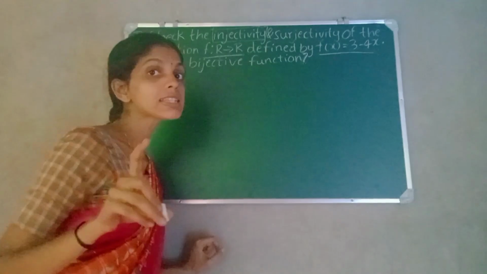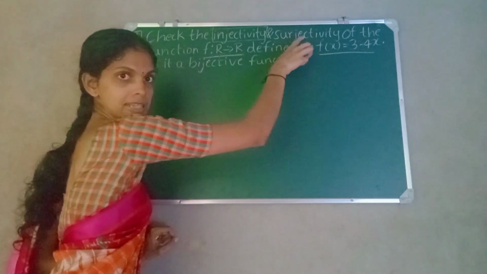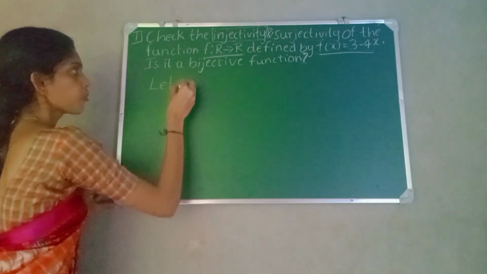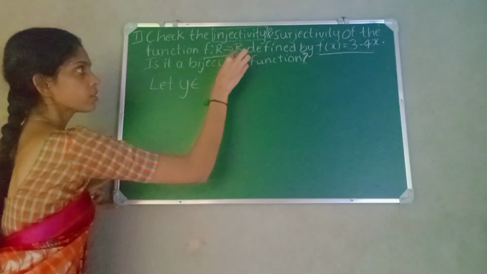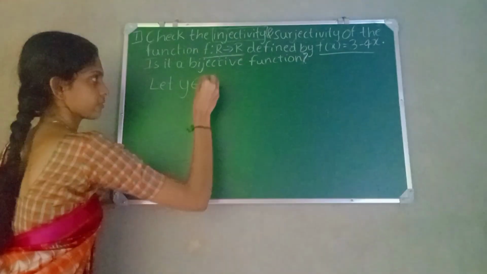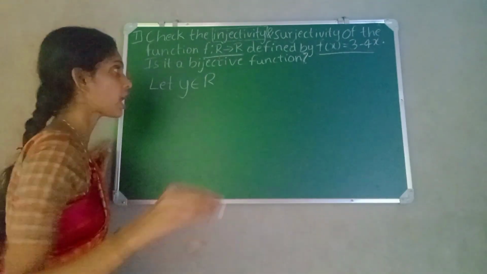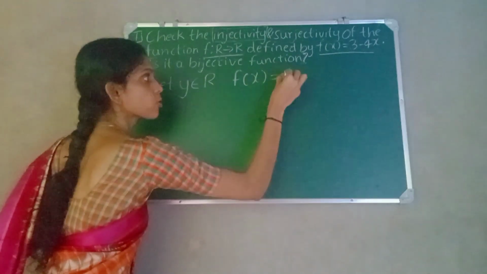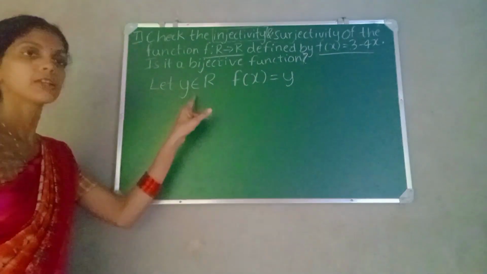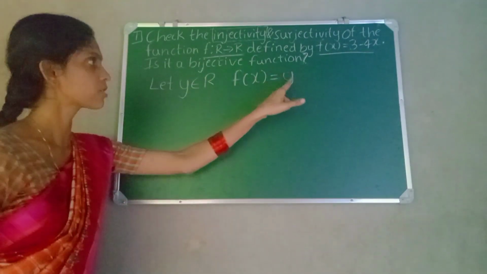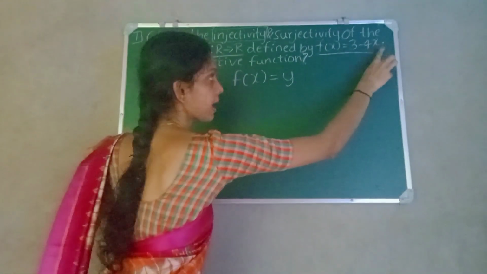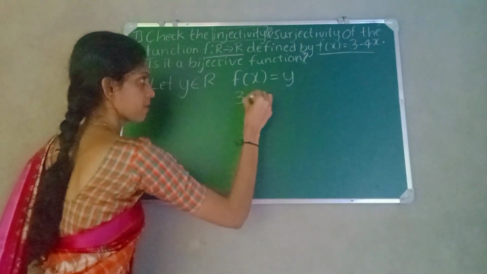Now it's time to show the function is surjective, or onto. So now let y belong to the second set, R, such that f of x is equal to y. Now f of x value is 3 minus 4x. So 3 minus